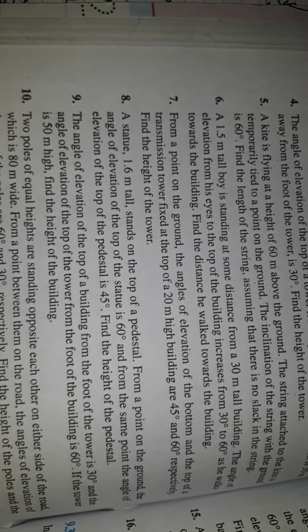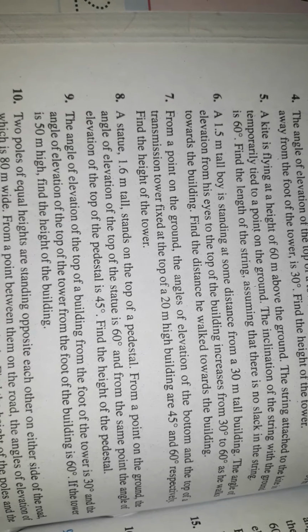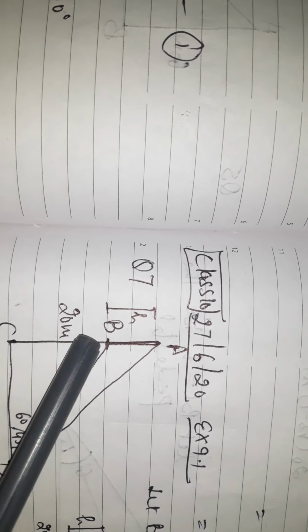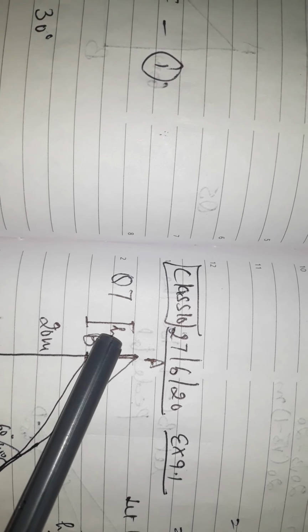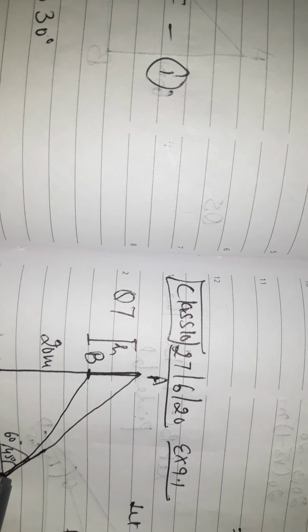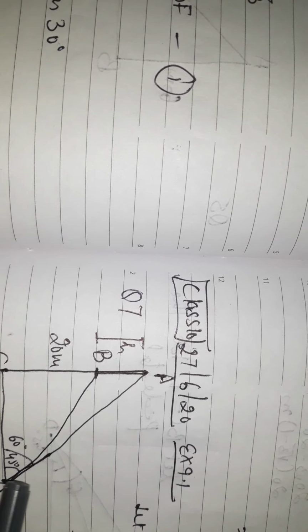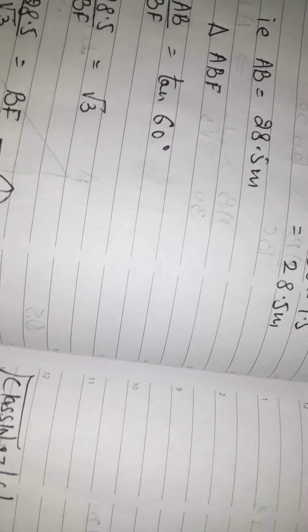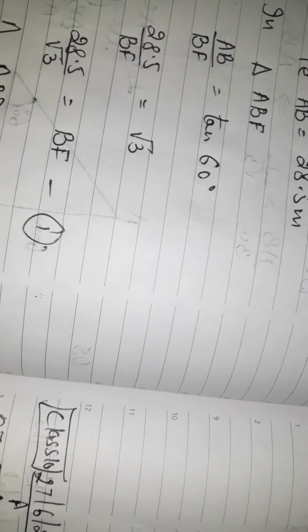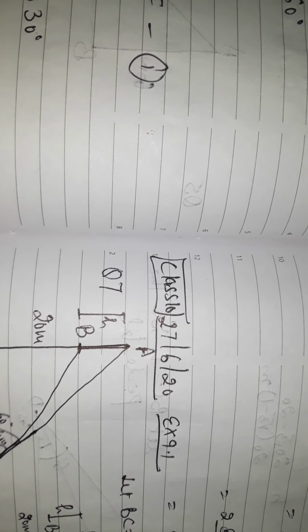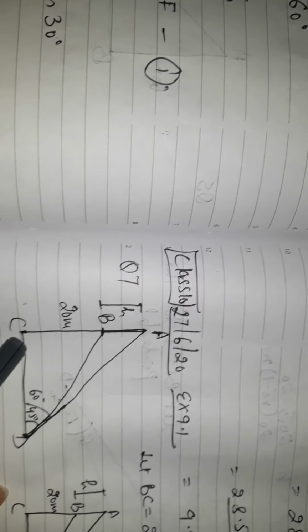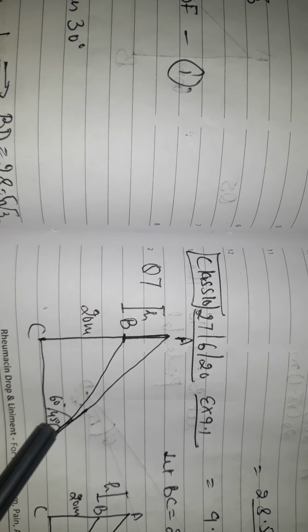Now what does it mean? Now he said there is a tower fixed on the top of a building which itself is 20-meter high. So this is a 20-meter high building. The tower is fixed over it of height h, and a person suppose is standing at point D. When he is looking at the bottom of the tower, that is at point B, the angle of elevation made by him is 45 degree. This is the line of sight and this is the horizontal level. Line of sight with horizontal level, this is 45 degree.